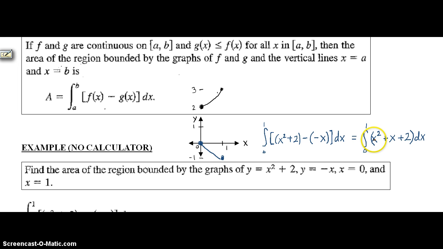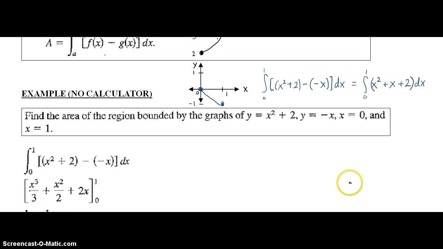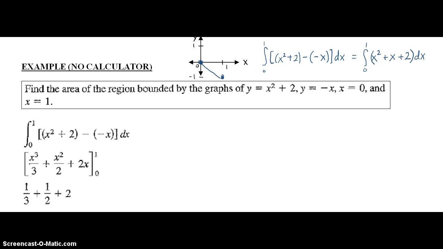So the integral of x squared will be x to the third power times 1/3. The integral of x will be x squared times 1/2, and the integral of 2 will be 2x. Then I'll evaluate from 0 to 1. So I'll scroll down here. And you can see over here x to the third over 3 plus x squared over 2 plus 2x. When I evaluate, I substitute my upper limit first, so I substitute a 1 in for all my x's to get 1/3 plus 1/2 plus 2